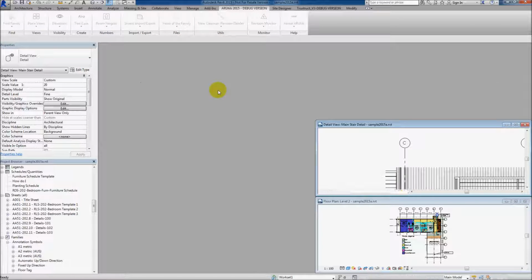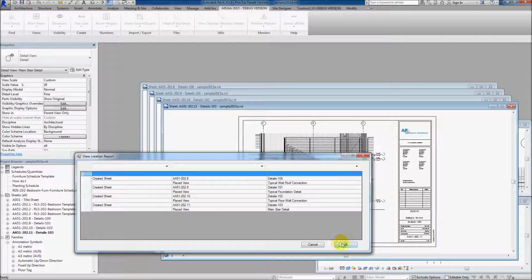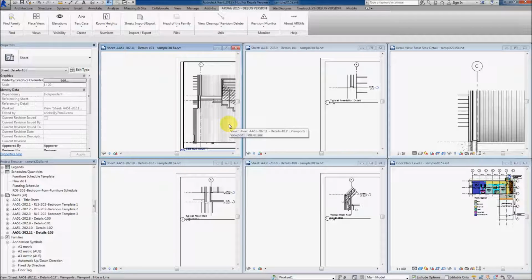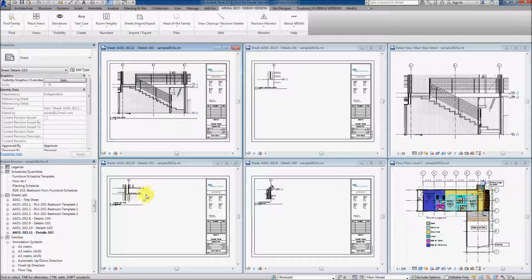So we'll just go place views, and now because I've used that much larger spacing, each detail has needed to be on its own sheet. So keep in mind 6 inches is the actual plotted units. Now let's just undo that again